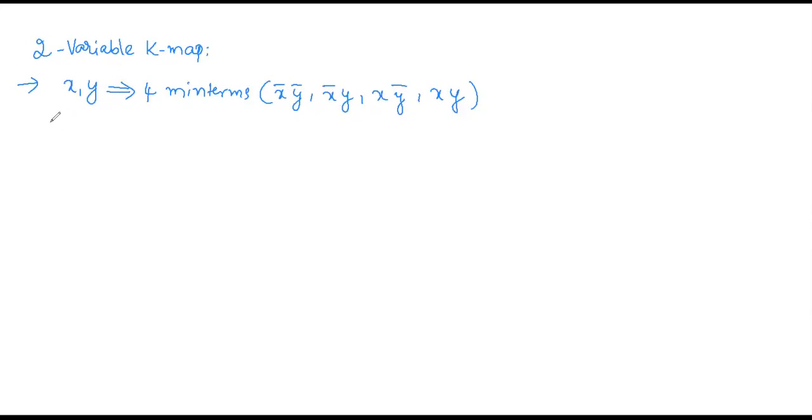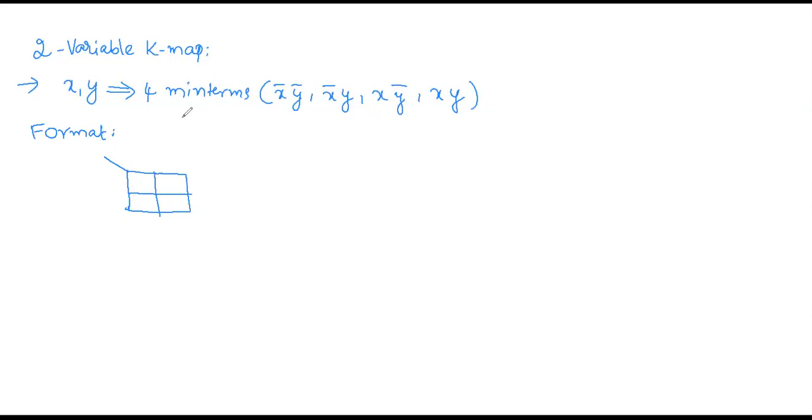Sir, we discussed two variable, three variable, and four variable K-maps, sir. That was just the format, just cell adjacency. To understand the cell adjacency, we discussed it. But in detail, two variable and three variable we have to discuss in detail. In explaining the concept of cell adjacency, I discussed the two variable K-map, just the format only. We have four square boxes.